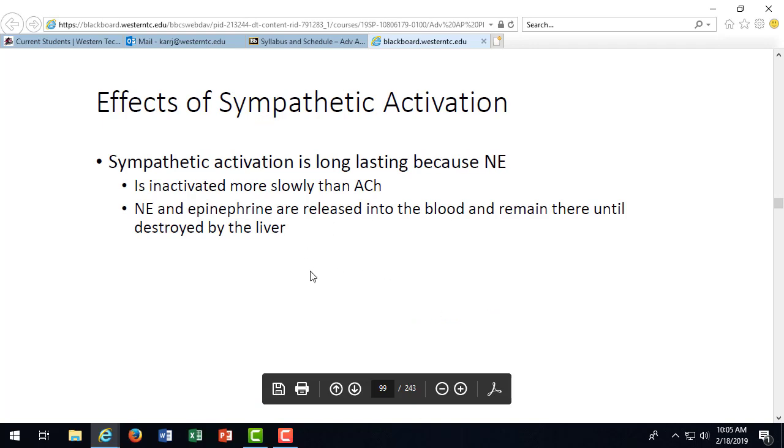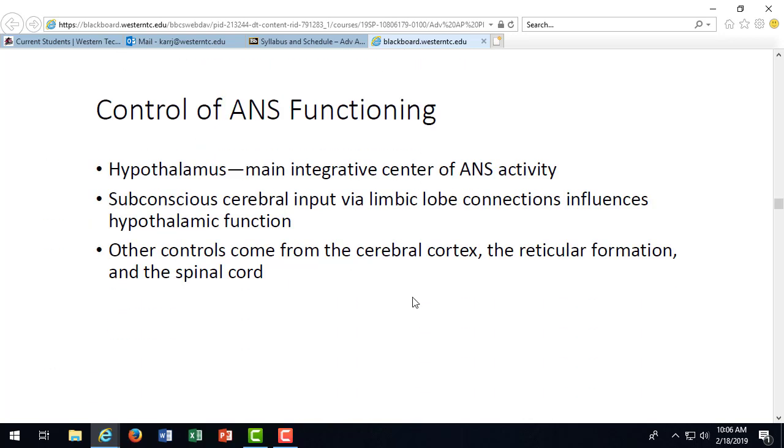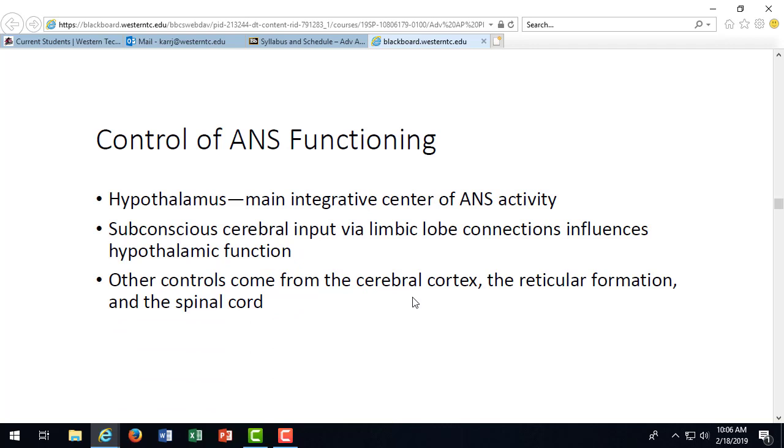So it's inactivated because it's released into the blood until it's destroyed by the liver. Norepinephrine is released in the blood and must be metabolized by the liver, so it lasts longer. So if you have a patient who's stressed out and upset, or maybe just stressed out going to the bathroom and back because they're in a lot of pain, they just had bypass surgery, we want to sit down and say,